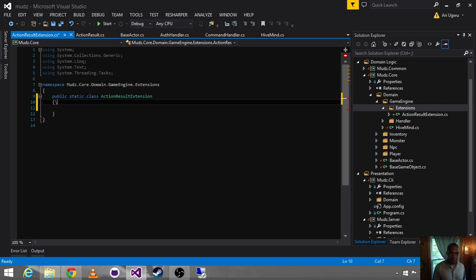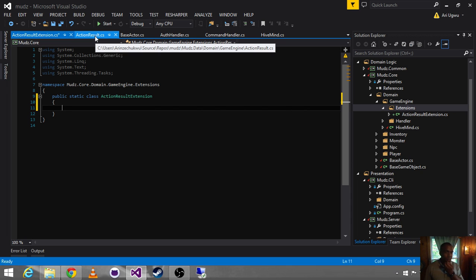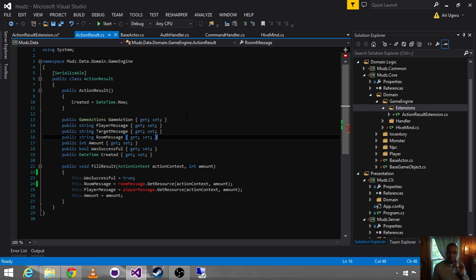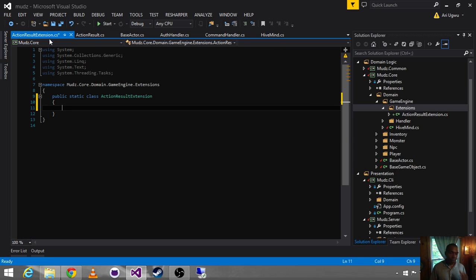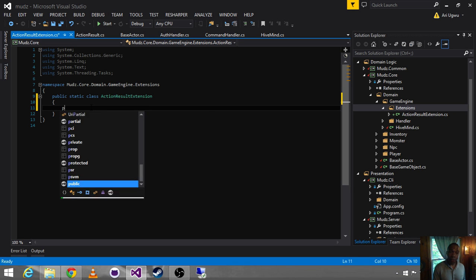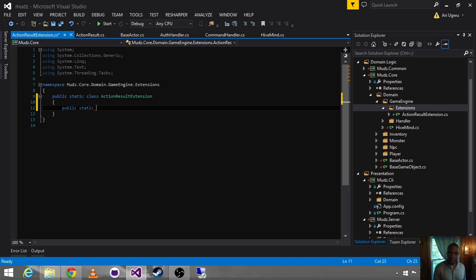And then I'm going to say, so if you don't know what extension methods are, I'm going to show you. So the problem we're trying to solve right now is we're inside of our data tier, and I want to get access to my hive mind, but I can't put my core reference in my data tier. It seems like I've hit a roadblock. But because I'm consuming inside of my core, I can do an extension method, which is public static